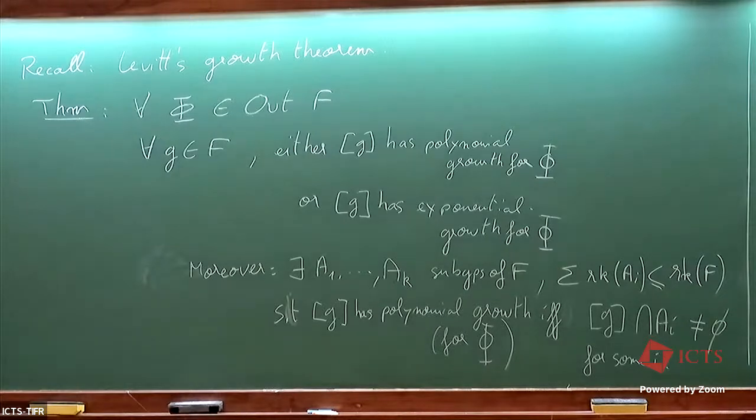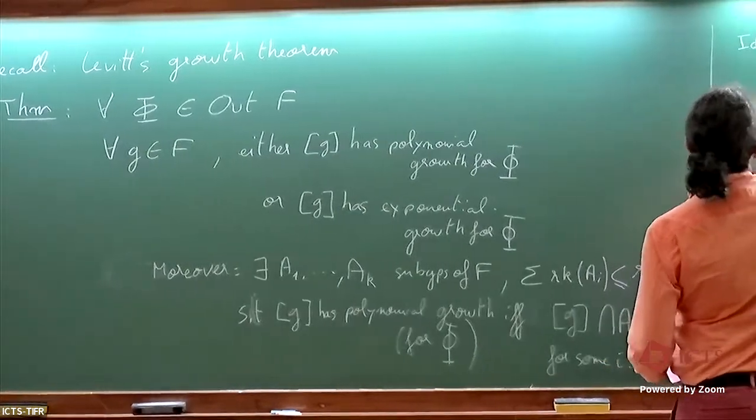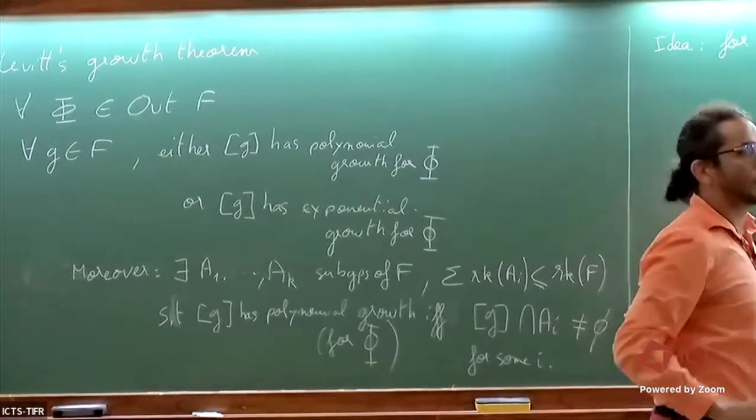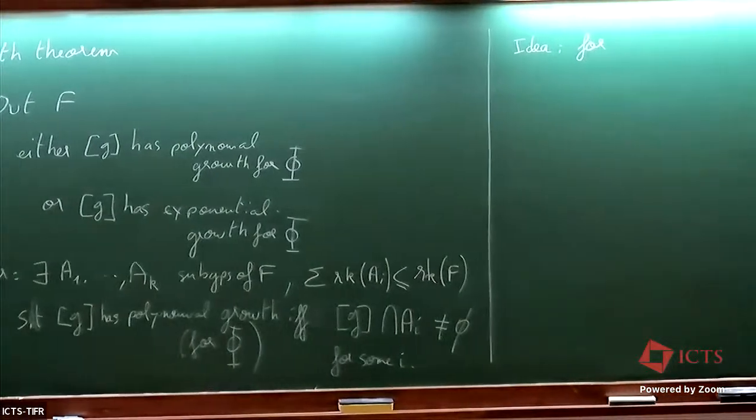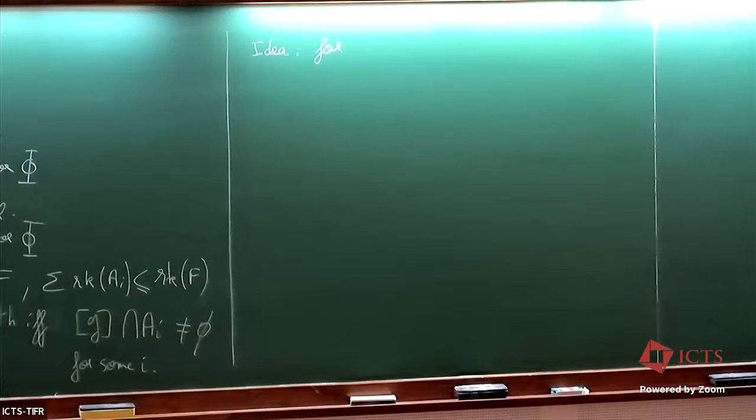So I will try to give the idea of a proof, which will remind us the object of last time. You remember that, we had several classes of automorphisms, and for those that are fully irreducible,